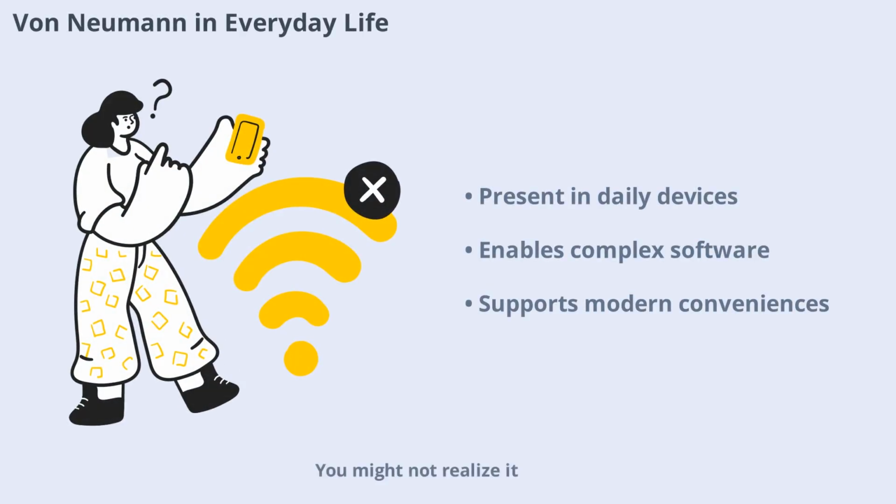You might not realize it, but you interact with von Neumann architecture every day. Your smartphone, laptop, and even smart appliances use this model. Its design allows these devices to run complex software, connect to the internet, and perform countless tasks. The next time you use a gadget, remember that von Neumann's ideas are working behind the scenes, making modern life